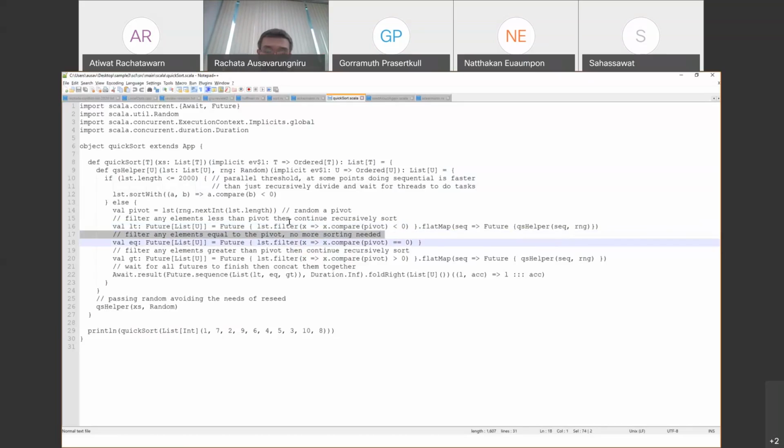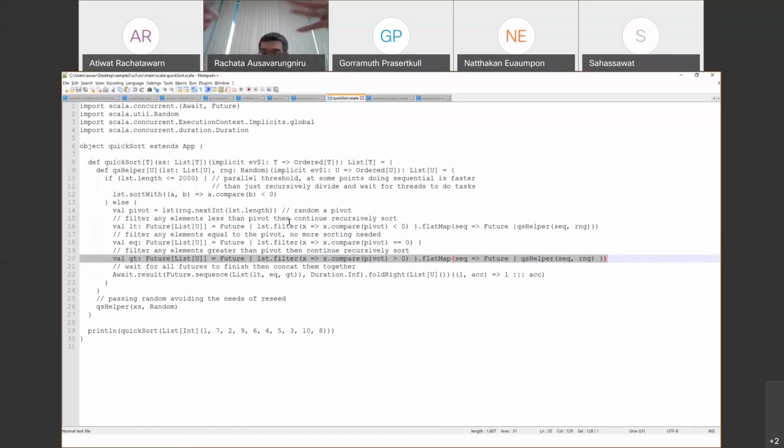to map to the future version of this sequence. Then another bucket is the elements that are equal in value to the pivot. That will be the second bucket, using the same technique with filter, but now it's equal to 0. Then for the elements that are greater, you again concurrently call the same function using filter, comparing to the pivot. If it's greater than 0, you put it in